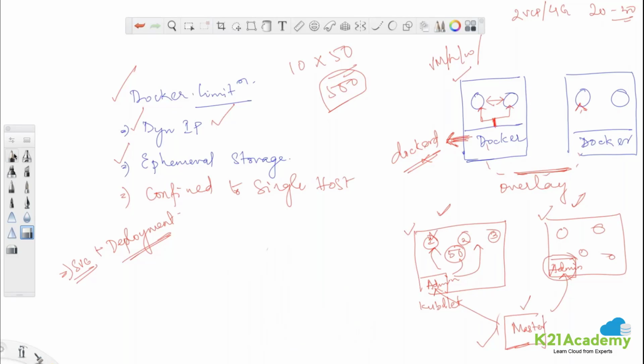And you can also scale on demand. Just as we have virtual machines and auto scaling on top of them, in the same way you can have several containers, and if you want to increase the number of replicas, you can do it with these sorts of controllers. Suppose you have configured 5 replicas, it will make sure all 5 are up and running, and in case you fall from 5 to 4, it will bring back the 5th one again, and you are always in the desired state. So if Kubernetes is not there, self-healing, auto-scaling and inter-host communication are not possible at all.